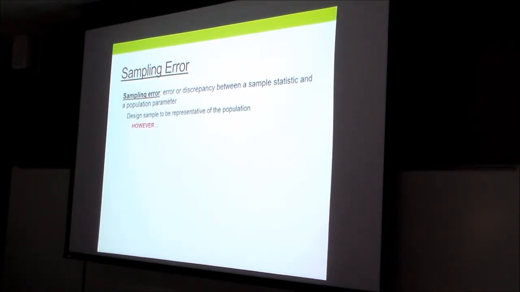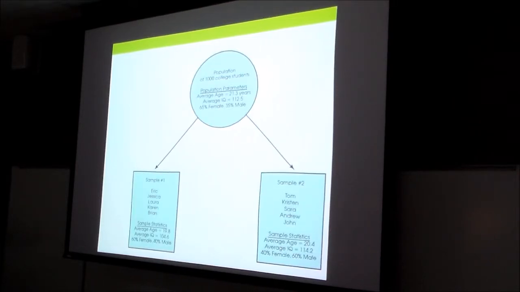So, if we're thinking about sampling error, we design our sample to be representative of our population, but it's impossible for our sample to exactly match the population of interest, right? We are never going to get a sample that's dead on exactly the same as the characteristics of our population. We're always going to have some differences, right? So here, our population,